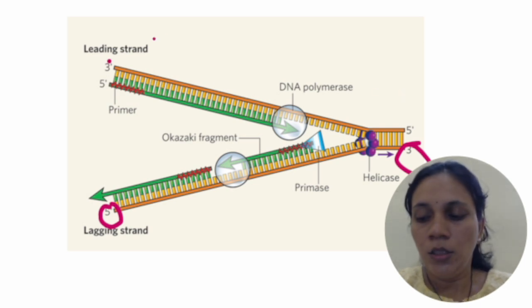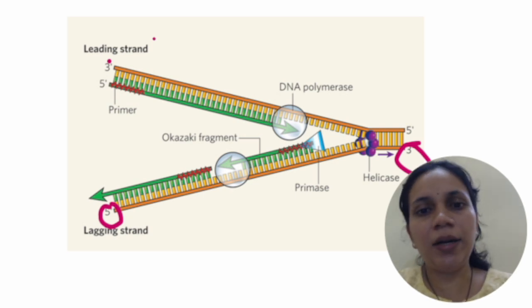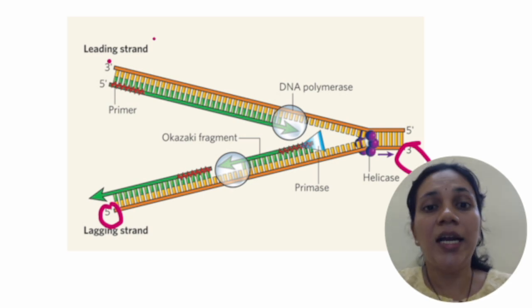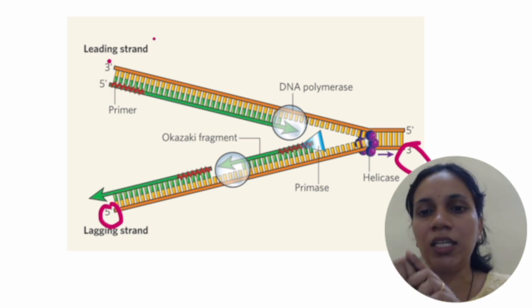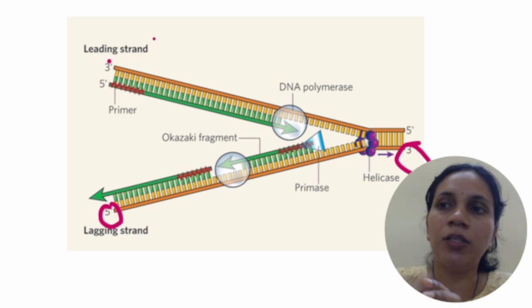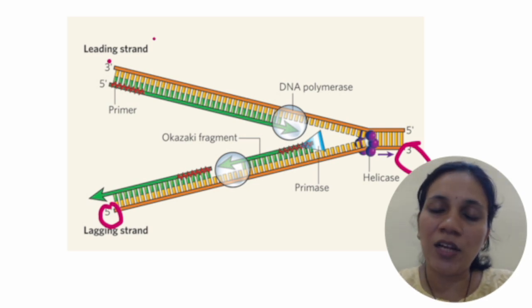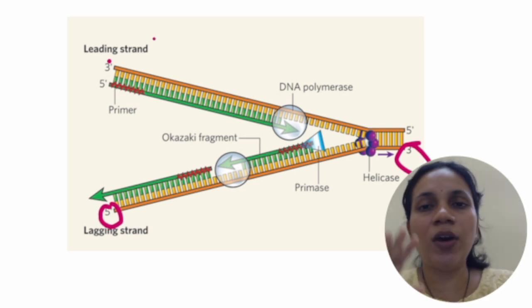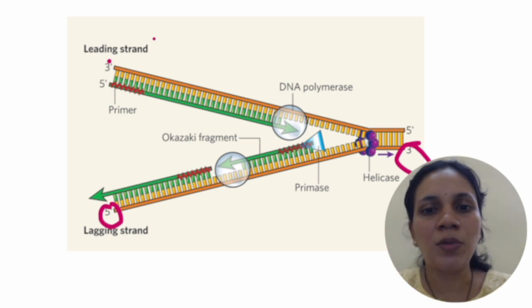Now again we have to remember a very important feature of our DNA dependent DNA polymerase: it will work only in one direction, that is the 5 prime 3 prime direction. It acts only in one direction, just like your zip. That zip is going to open only in one direction, right? The second direction is for closing. So it can work only in one direction. Same way your DNA dependent DNA polymerase, its direction is 5 prime 3 prime.